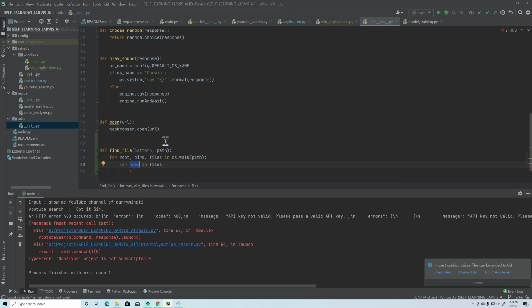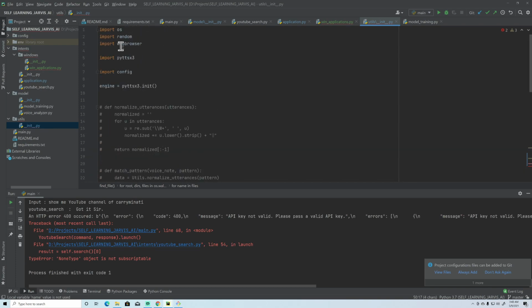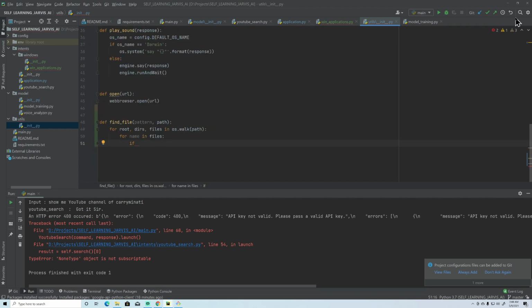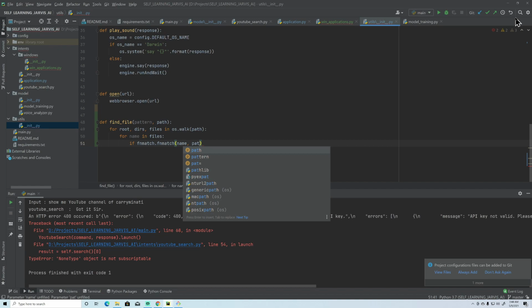For that I am going to use another module also. So we have import fnmatch, right? So just go down again, fnmatch.fnmatch, and here we will pass the name and the pattern, right?